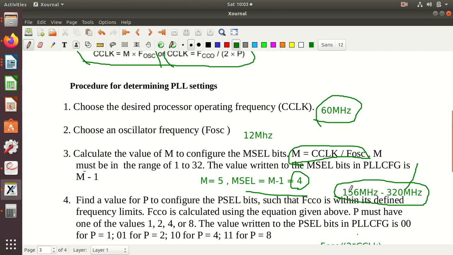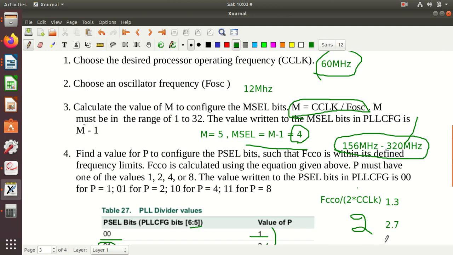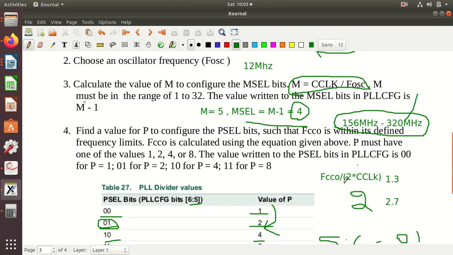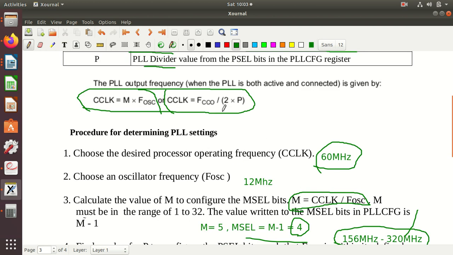The divider value is to choose a particular FCCO. You can just do the calculation. If I put 2 here, for this equation, FCCO by 2 into P, you will get a particular FCCO. Or you can select 60 megahertz and then 2 into P, you get a particular FCCO, because we have already taken 60 megahertz. So in order to get FCCO, what should be done here?